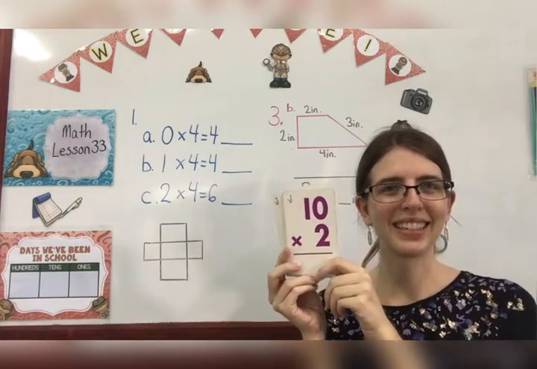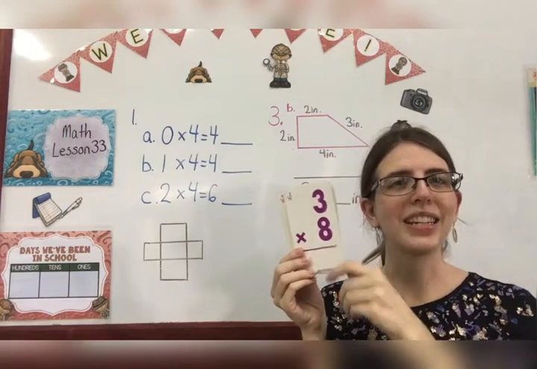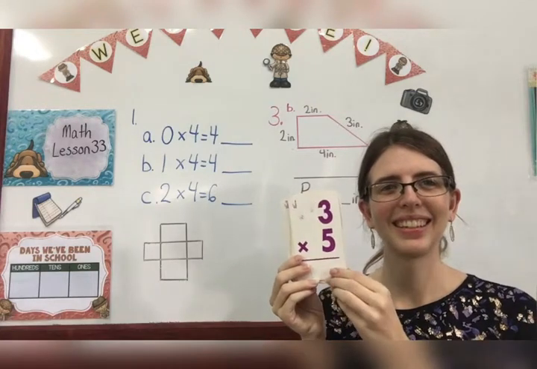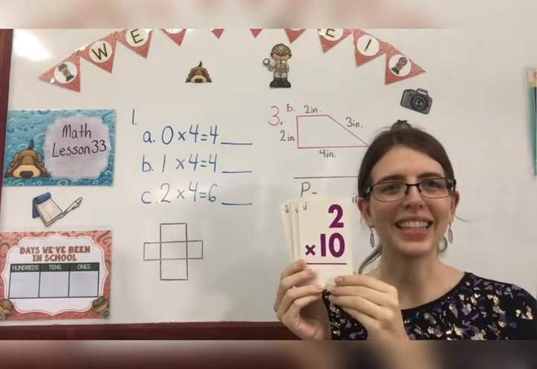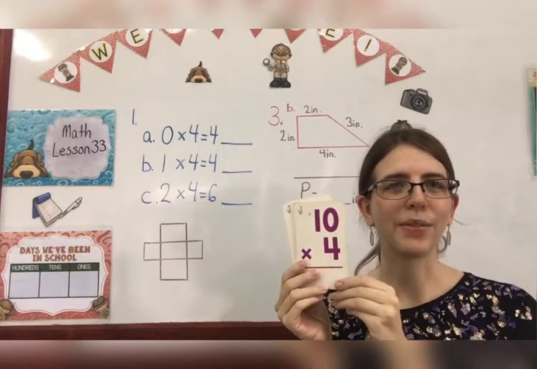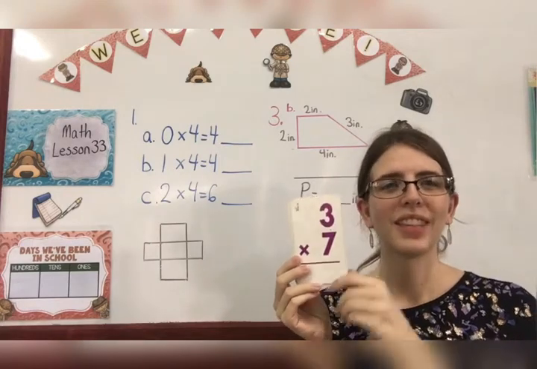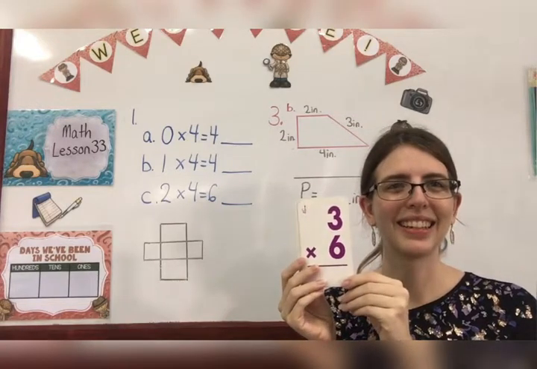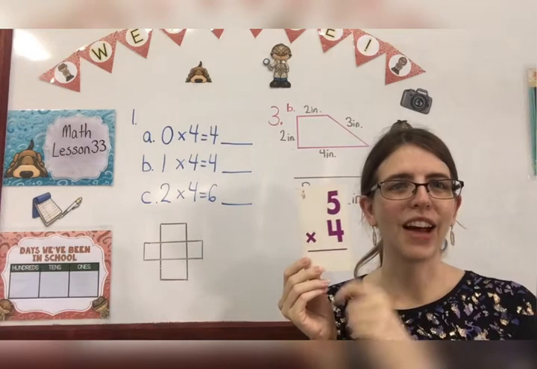10 times 2 is 20. 4 times 4 is 16. 3 times 8 is 24. 3 times 5 is 15. 4 times 10 is 40. 2 times 10 is 20. 2 times 6 is 12. 10 times 4 is 40. 3 times 1 is 3. 3 times 7 is 21. 3 times 6 is 18. 7 times 2 is 14. 5 times 4 is